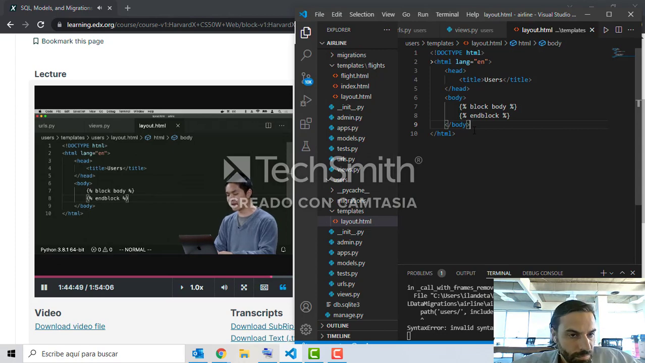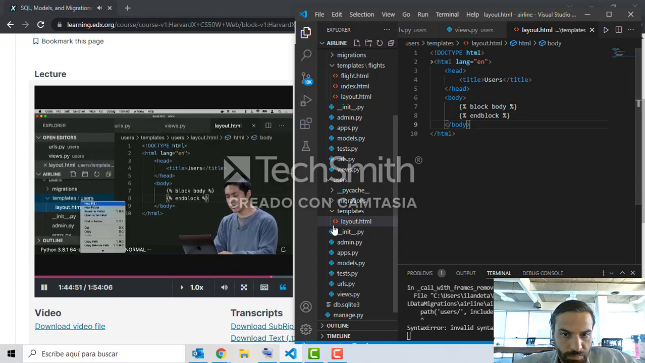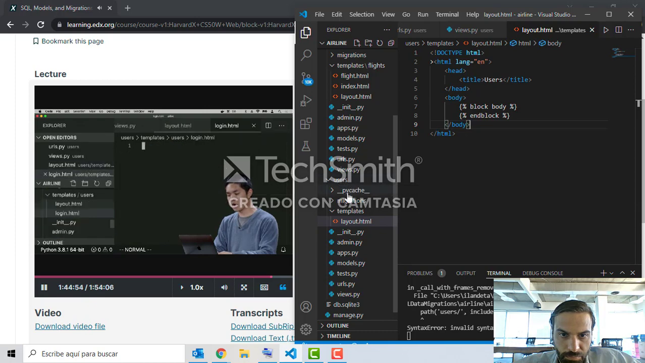And now that I have this HTML layout, I can go ahead and create a new file called login.html, where